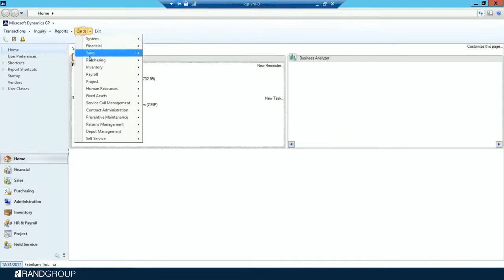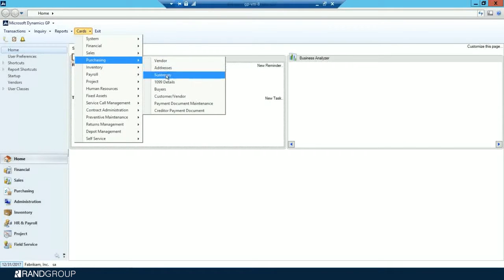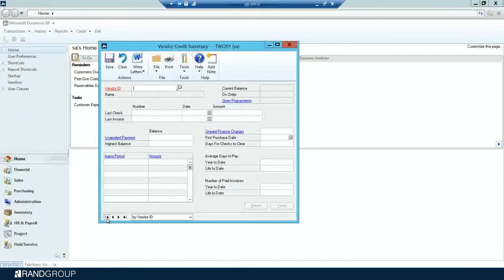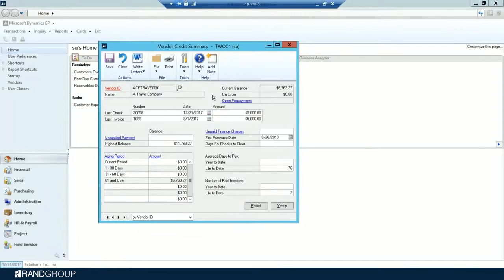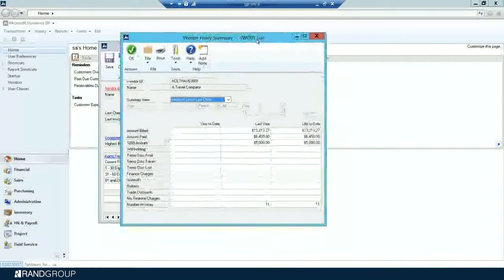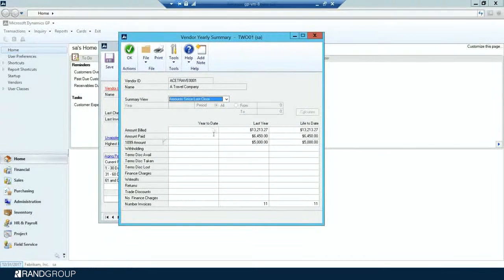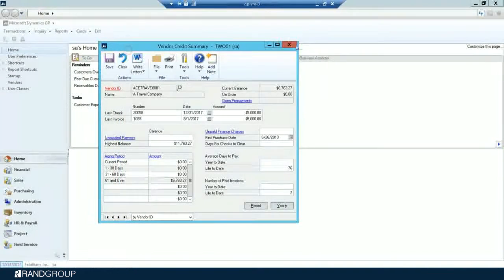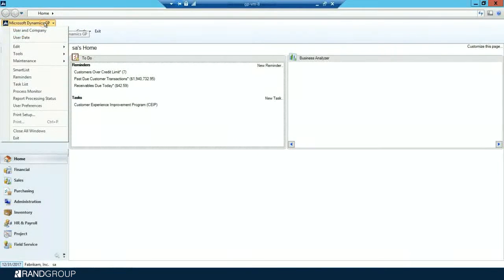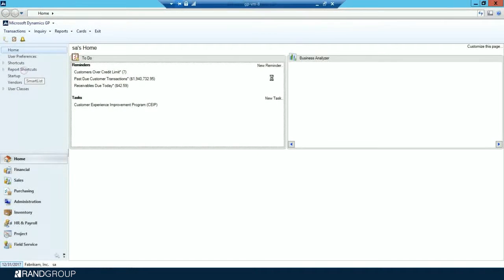If you go to Cards, Purchasing, Summary, and we pull up my ACE vendor, and we click Yearly, the amount since last closed view has been updated. Year to date has been cleared, and those have been moved to last year, and life to date has also been updated. Click OK. And then if we were to add an object to our Smart List, go Smart Lists,